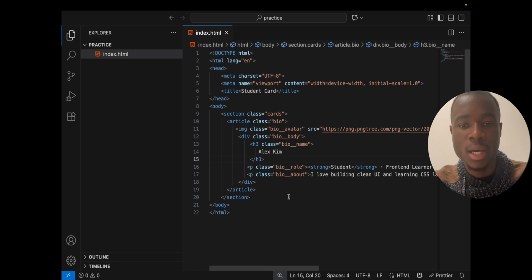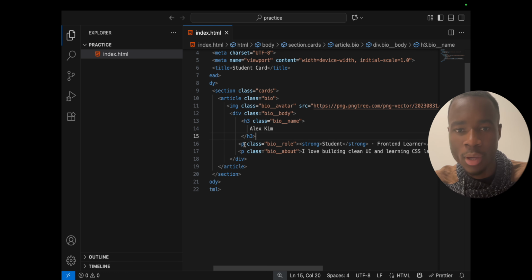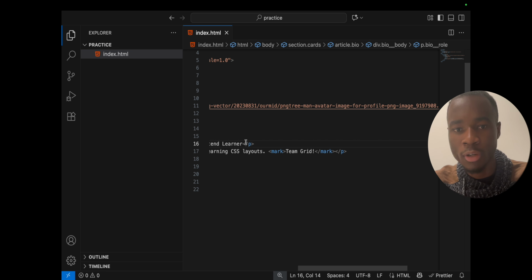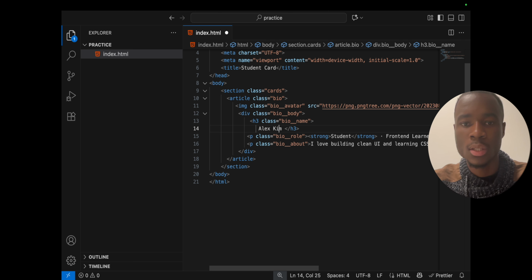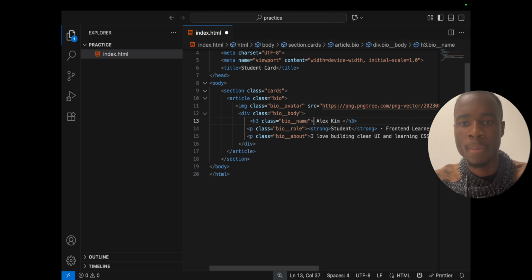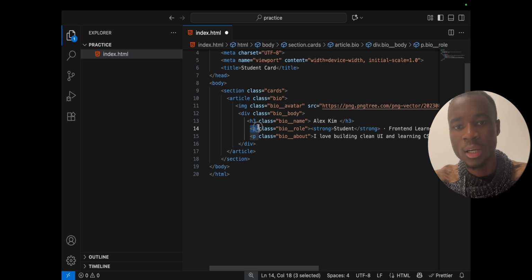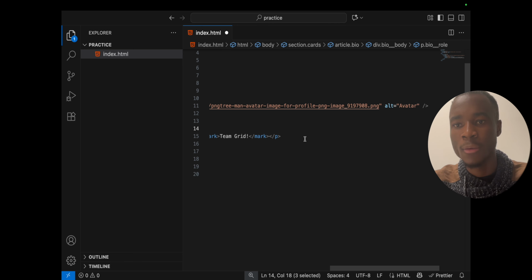And we save. After that, we have an opening tag for paragraph and a closing tag for paragraph. Actually, let me do this, it's going to help you understand better. Let's keep it the way it was. So we have an opening tag for h3 and a closing tag for h3. We also have an opening tag for paragraph and a closing tag for paragraph, and so on. Now,